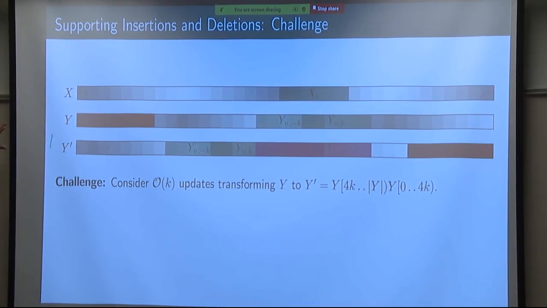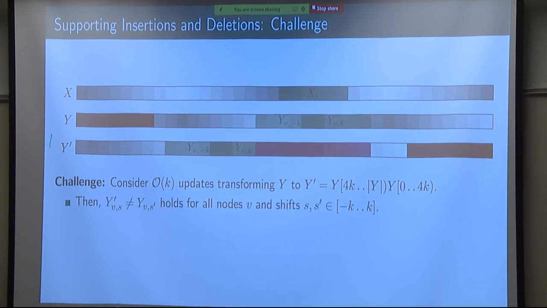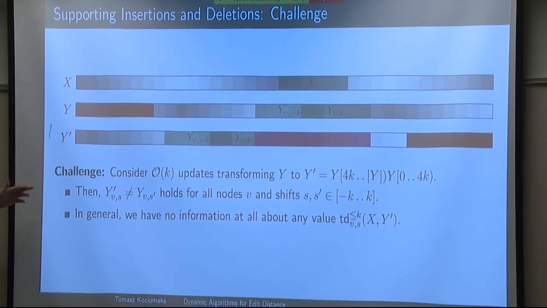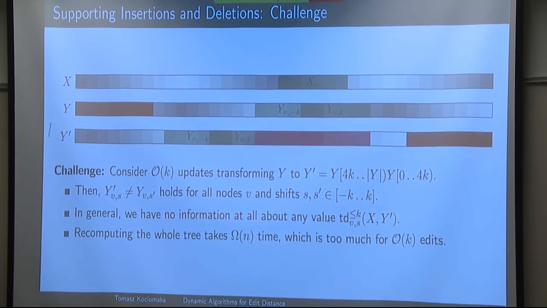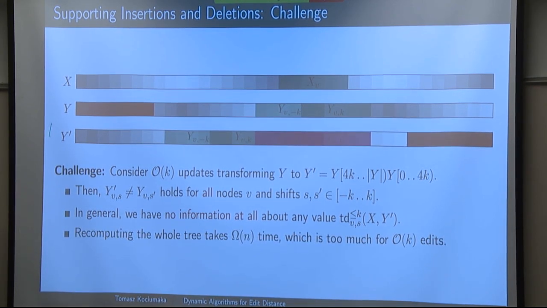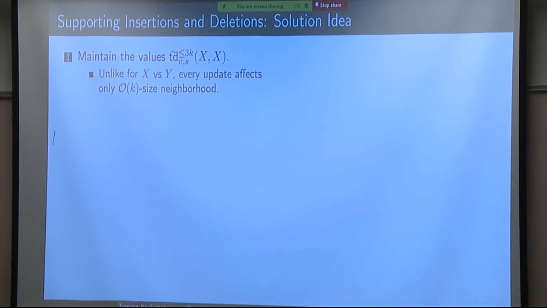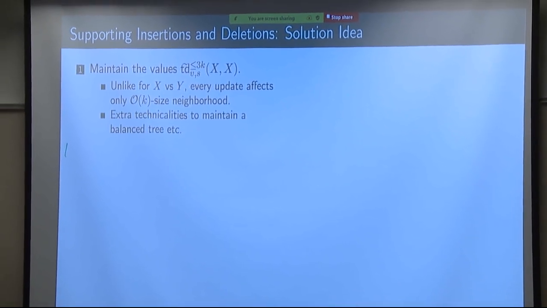When we rotate the string y by k characters, pretty much everything, all the useful information is lost. So the values we compare are completely different, and recomputing everything is too costly. Because initializing this algorithm takes linear time. Linear over k is something we already had using these baseline approaches. And here the trick to get rid of this problem is very different. So now we will maintain